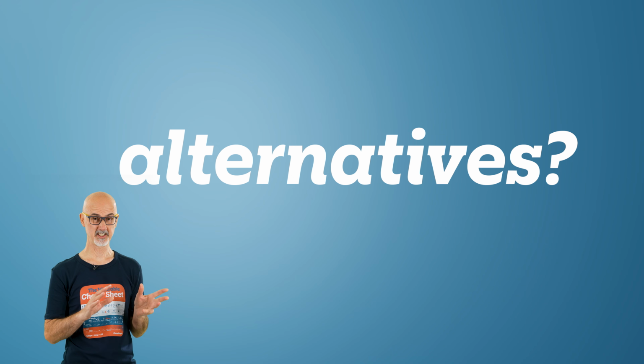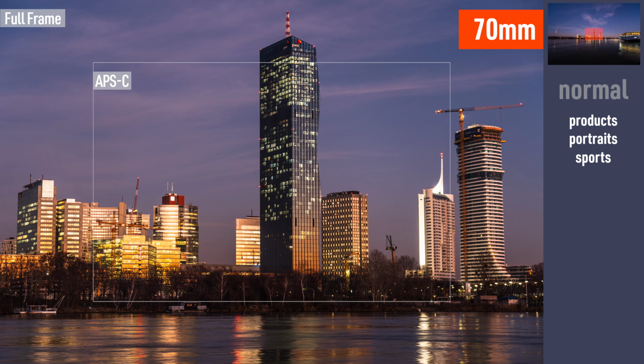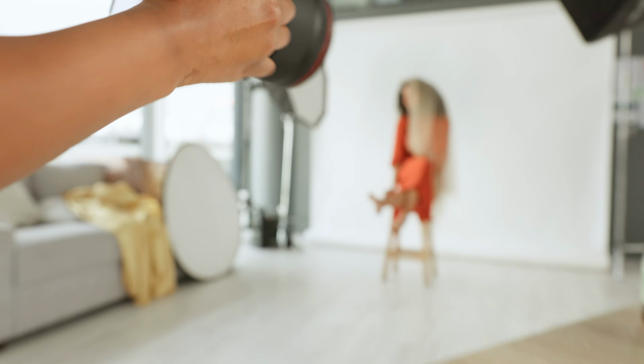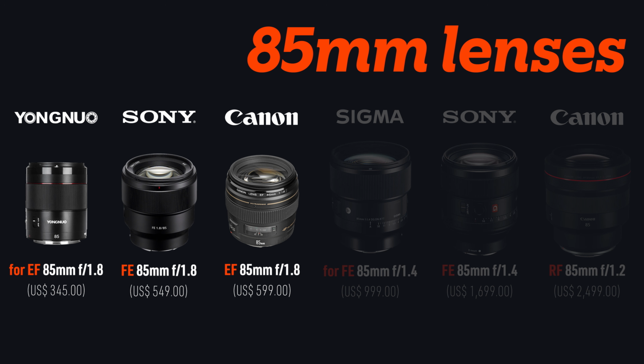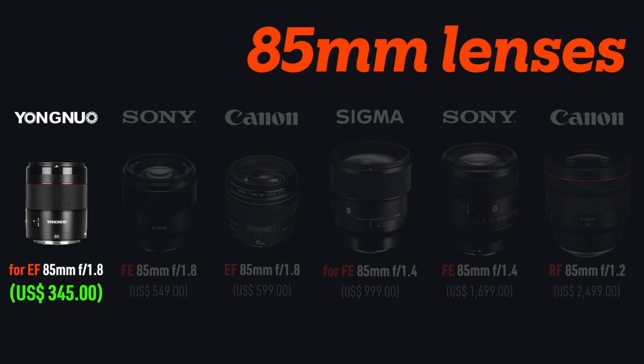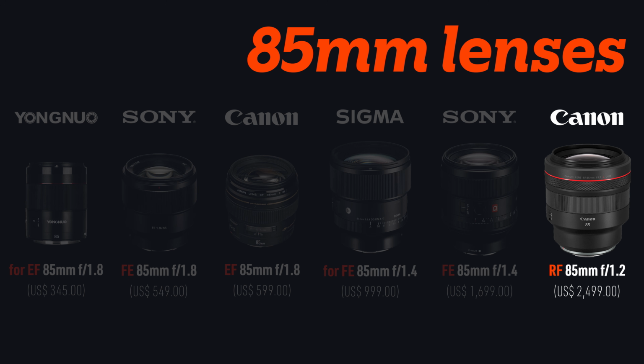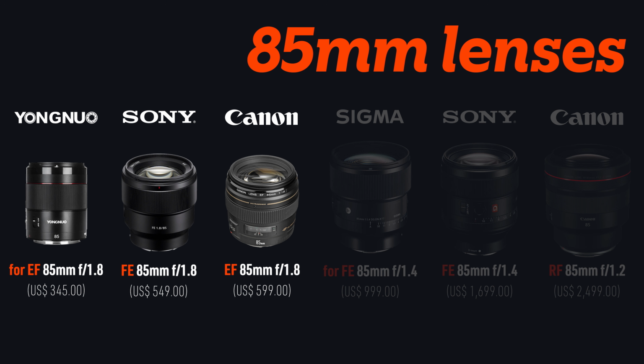If you want an alternative to that high price, let me go from the 70mm we have been before to 85mm. We have now not only left the normal lenses and gone into the telephoto lenses, moreover we have reached the most popular portrait focal length. Starting with the more affordable ones at f1.8 apertures that start around $350 for third-party lenses, down to f1.4 or even f1.2. The latter will cost you a kidney again, but the 85mm f1.8 lenses are a great, rather affordable alternative if your main goal is shooting portraits.